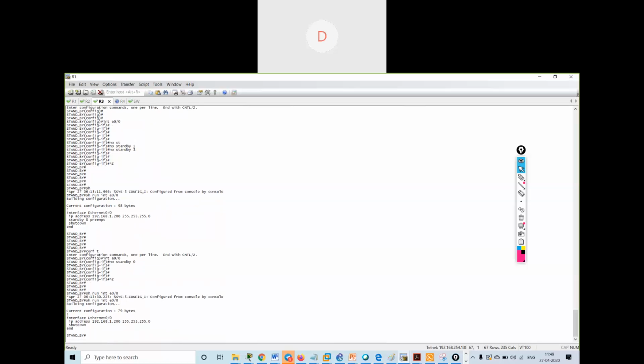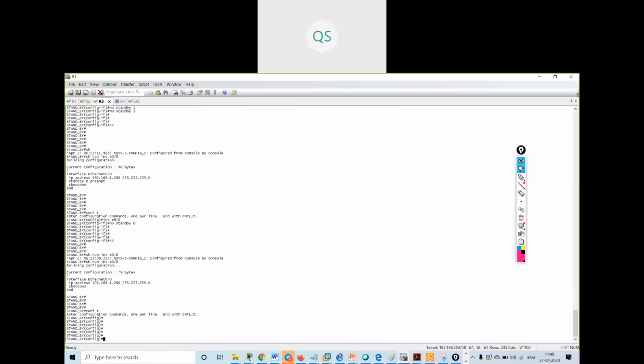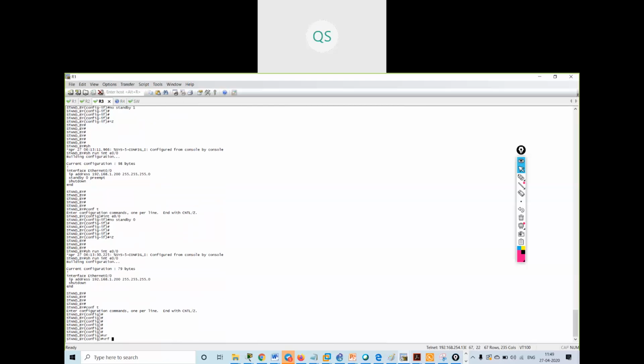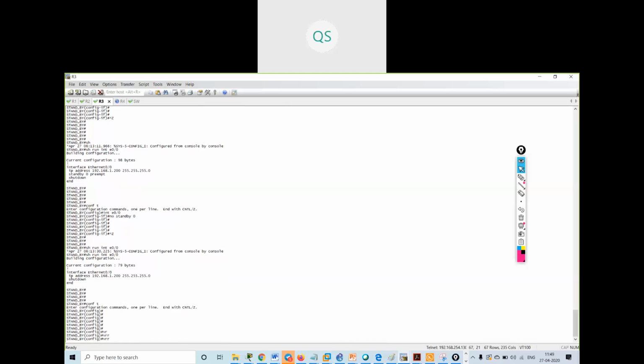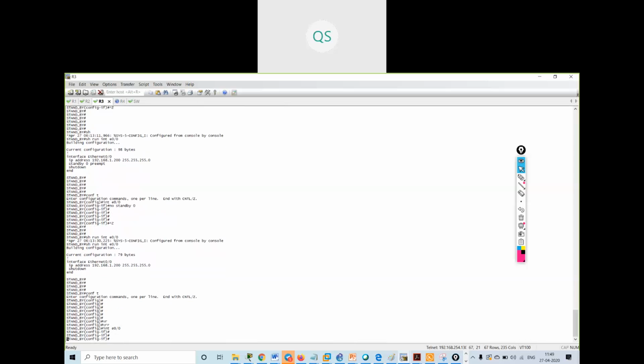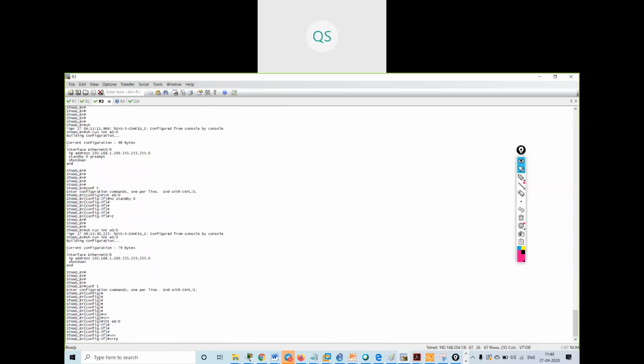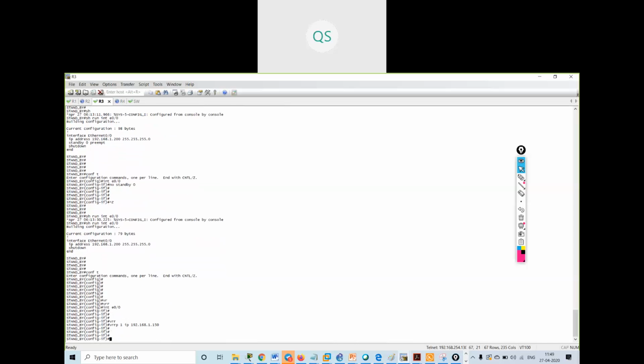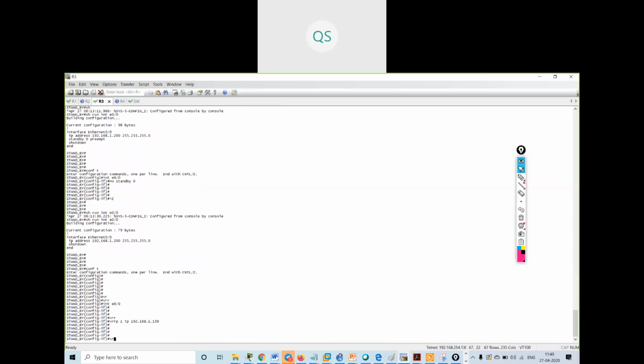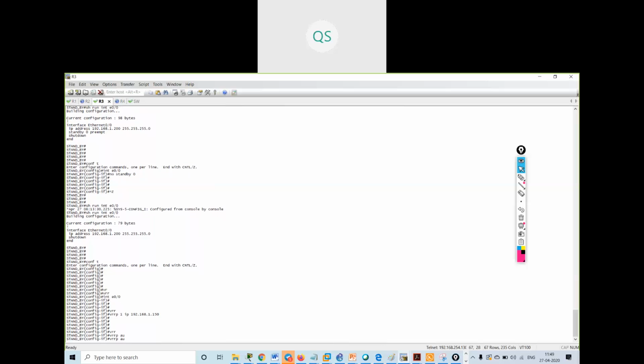Now I will go over here and configure this standby router also. So what configuration do I have to give? Interface Ethernet 0/0, VRRP 1 IP 192.168.1.150. Then I have configured the authentication.